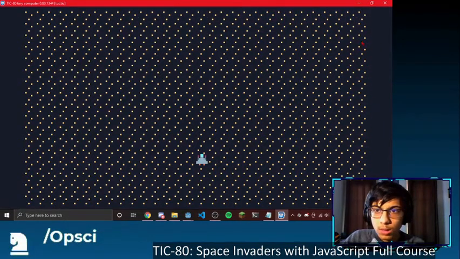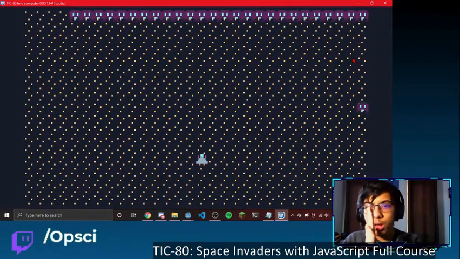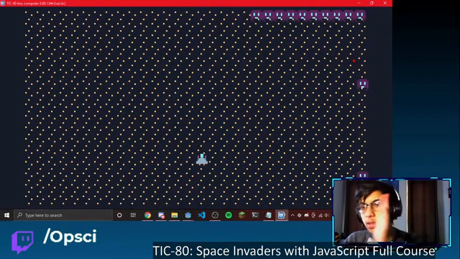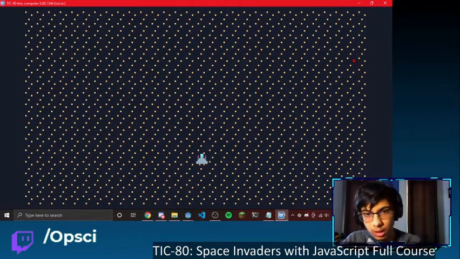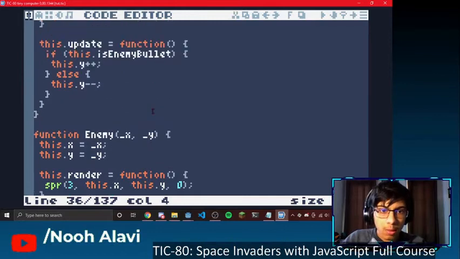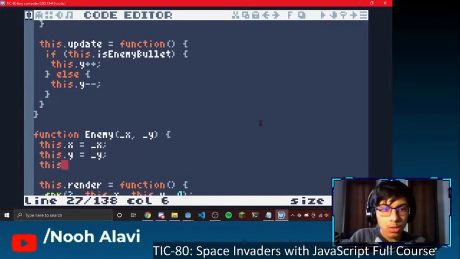Right, so the reason this weird thing is happening, them flying down the screen, is because they're still going in this direction, so they're getting moved down. Then they're going in this direction again, and they're getting moved down again. Right, so to fix that, what we want to do is create another variable, this.dir, that means direction, and